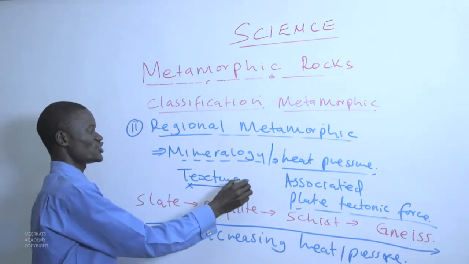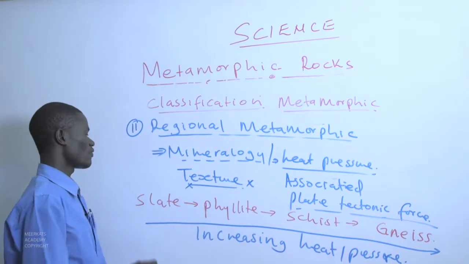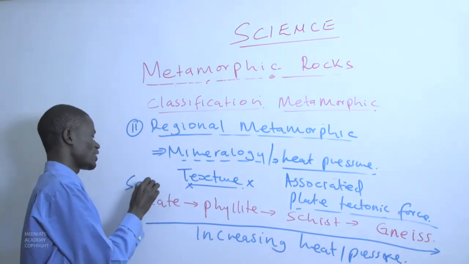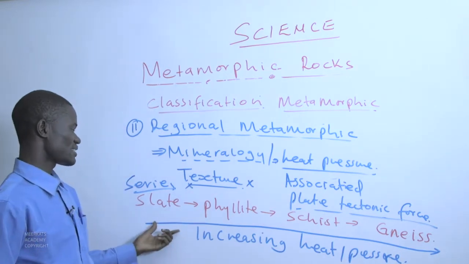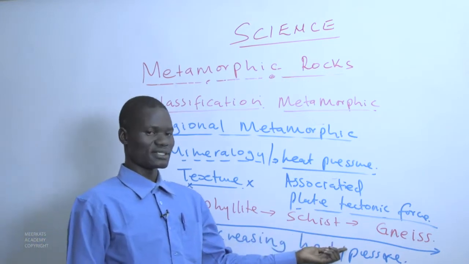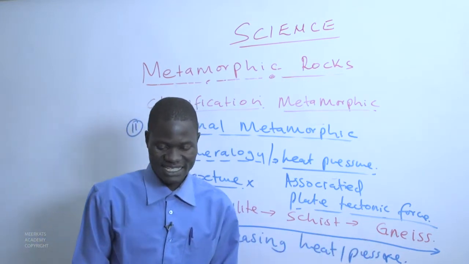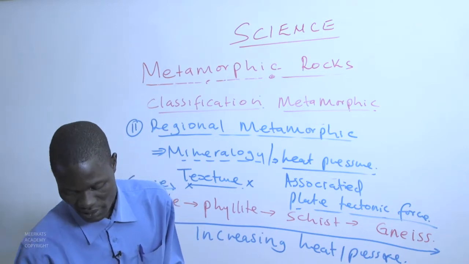And as their texture changes, there will be a series of the formation of the rock in this manner. Slate translates into phyllite, phyllite translates into schist, and then schist translates into a new series of rock